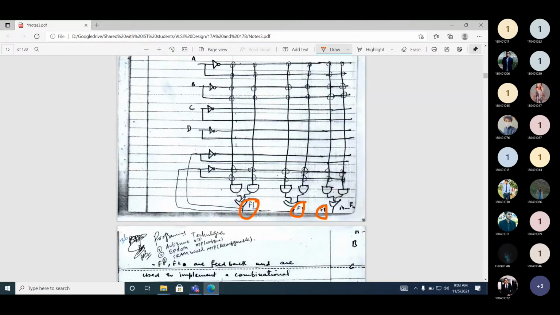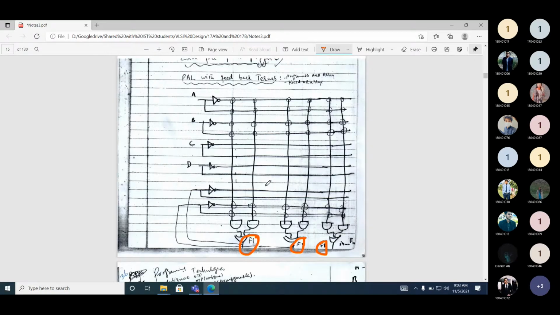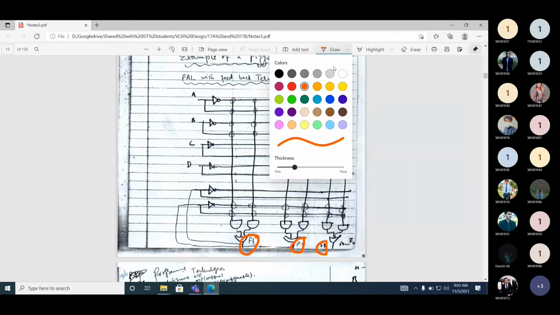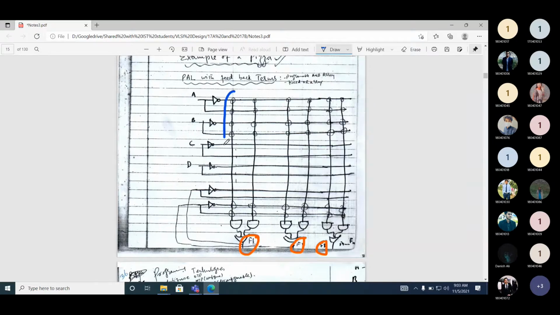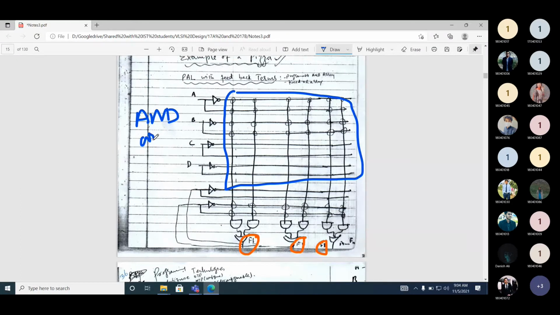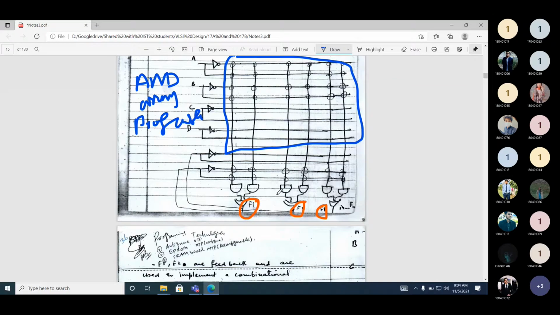If you look at here, are the AND arrays fixed or variable? The AND array is programmable. So now this is your AND array, which is programmable. And now this OR array is fixed.